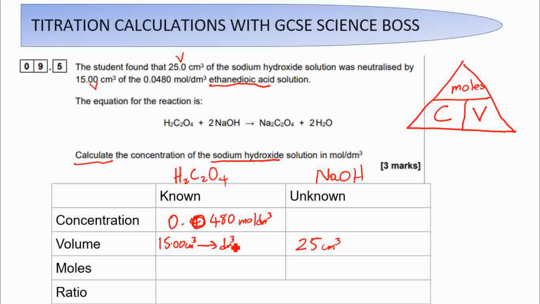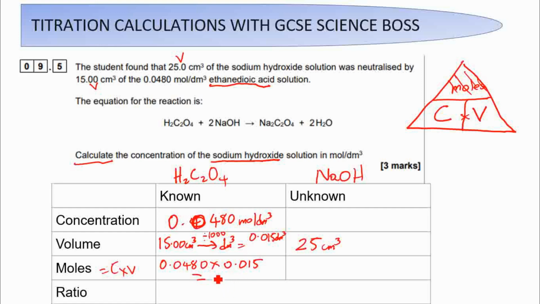which is going to be equal to, let me just make a note just in case you're watching and not sure what's happening there, 0.015 dm cube. Okay, now how do we find moles? Moles is equal to concentration times volume. So it's going to be 0.0480. You're going to times that by 0.015. Okay, and that's going to give me an answer of